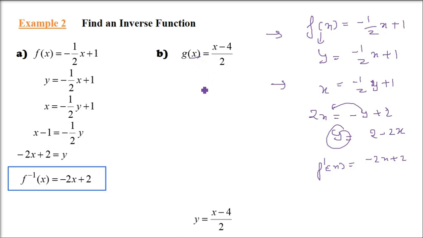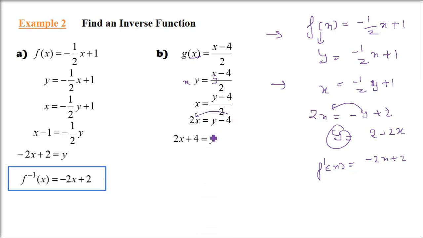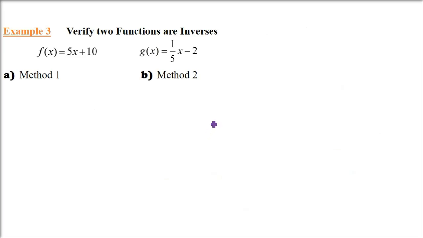So this also we will do step by step. Just replace g(x) with y, because f(x), g(x) is the same thing. So now replace x with y, y with x. Now we have to find y here, and that y will be your inverse, that is g inverse x. So now you just have to have y on one side and others on another side. So y is your g inverse x. So this is 2x plus 4.